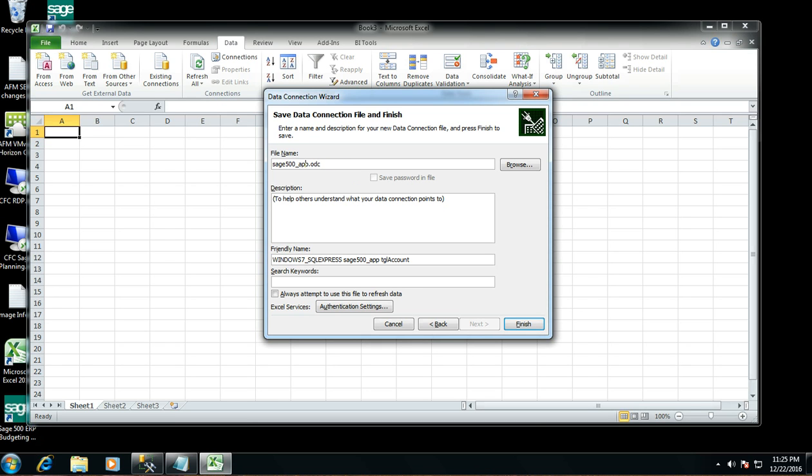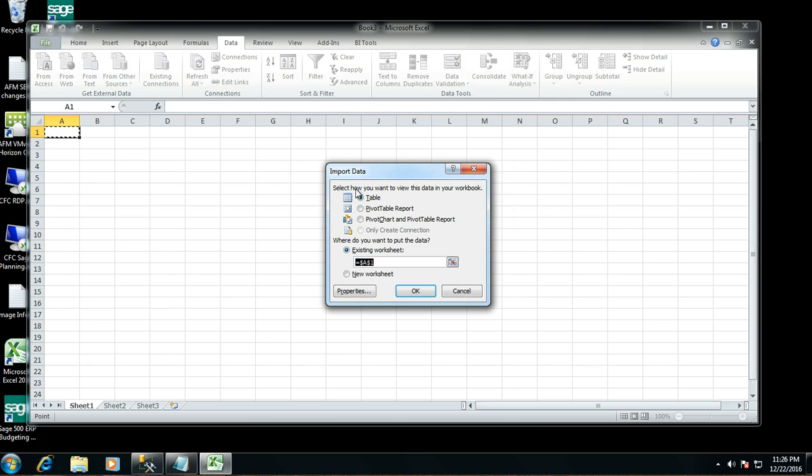And then let's just do it this way, Sage 500, and then the database that we're hitting, Sage 500 app. We use the same thing for the friendly name. And we'll go ahead and click Finish. Now before we say OK to actually place it on the sheet in cell A1, we want to go back and modify it slightly. So please click on the Properties,